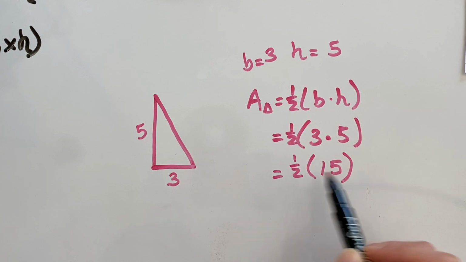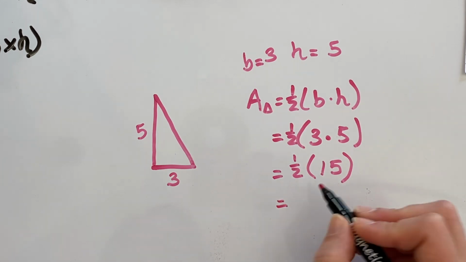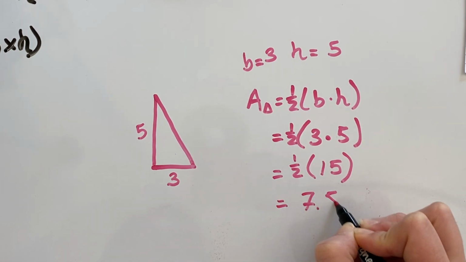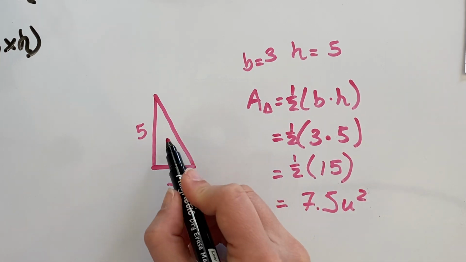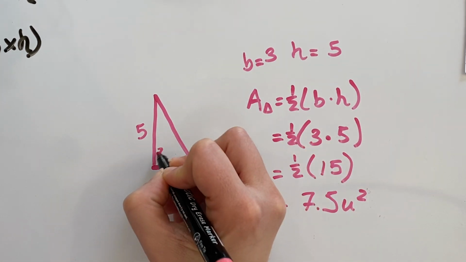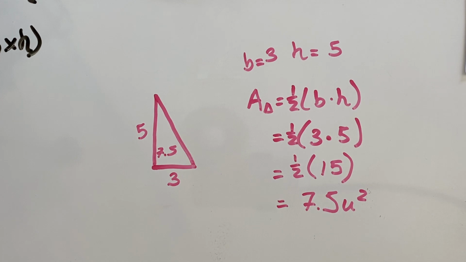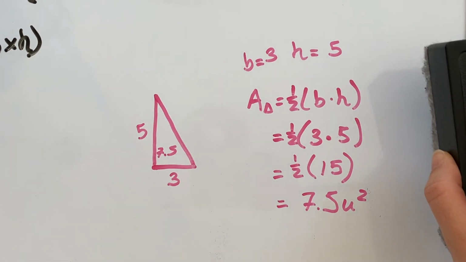You could do 1/2 times 15. That will give you 7.5 units squared. So my area inside of here is 7.5 units squared, but I'll just write 7.5 so there's not a bunch of wording on the shapes that we're going to be dealing with. Alrighty,